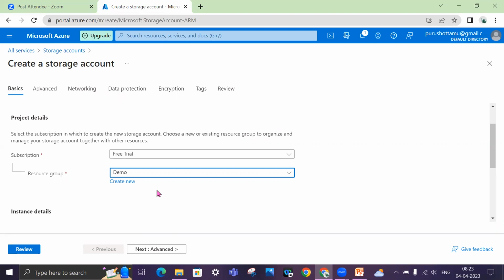Now within my subscription, okay, say a 25,000 bill I got for marketing. Now within that 25,000 bill, who is using what? How much am I spending on my development resources? How much am I spending on my user acceptance test resources? And how much is my production cost? Right. So you'll be working in different environments, right?